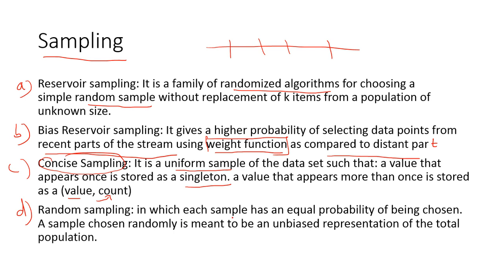Random sampling: each sample has equal probability of being selected. A sample chosen randomly is meant to be an unbiased representation of the total population. Okay, equal probability का मीनिंग क्या होता है? It's an unbiased representation. For example, head and tail. So head and tail आने का चांस कितना है? 50-50%. It's an equal probability and this is not a biased thing कि 100% में बोल सकता हूँ कि मेरा head ही आएगा. Not possible. So this is nothing but random sampling, and this random sampling you already studied in your maths subject.